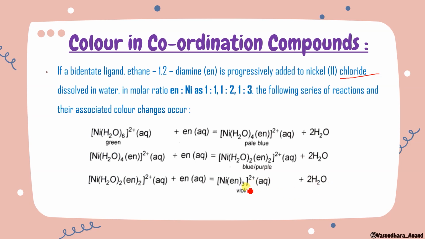Now all the water molecules get evaporated. So that's why the color becomes what? Light, and it becomes violet. So it is pale yellow, then blue purple, and then it comes violet. So like this, if water molecules will not be there, it will show the light color.